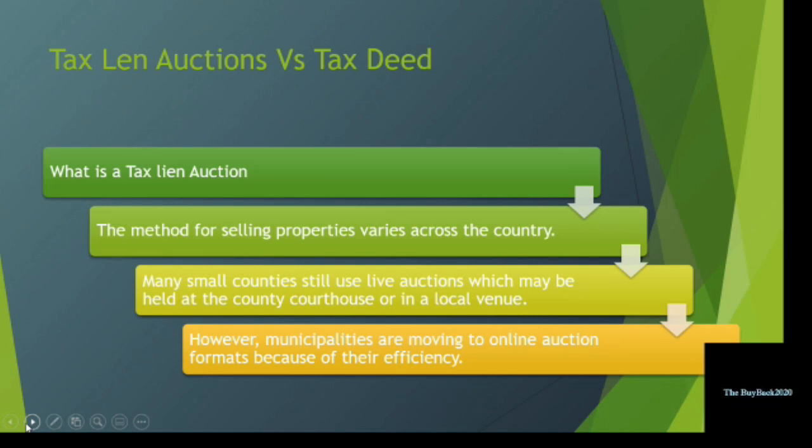So this is where you have two different forms of research that you can do, because some counties are not actually on the internet because they are pretty small. So if you know of a little town that may have a property that you're interested in for whatever reason, because we're going to go over that, then you have to go to that local municipality and ask them for their auction information.